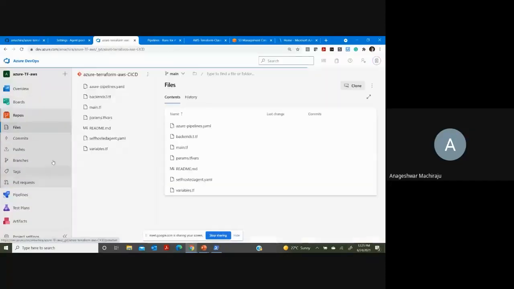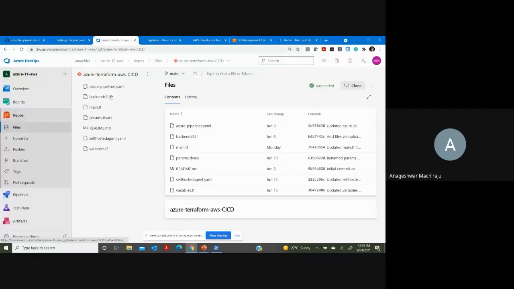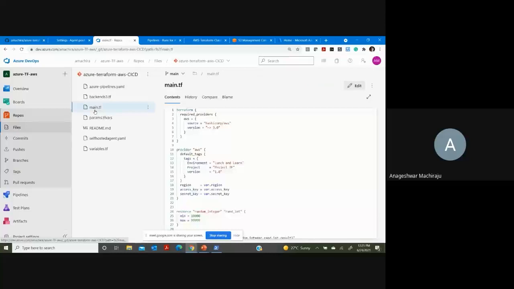But for this demo, we'll be having only the repositories where we have code stored. For example, these are the similar things that I've stored in my GitHub repository, which I could pull here. And there is Azure pipelines, main.tf. This is one of the Terraform files where we are writing, for example, in my code, I had certain